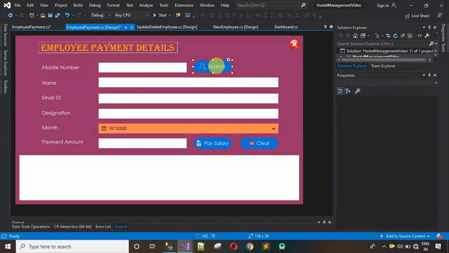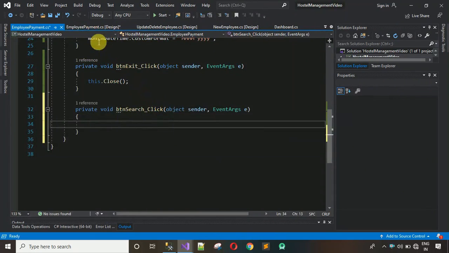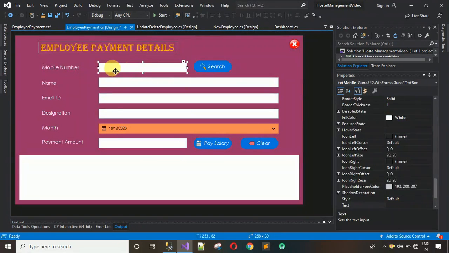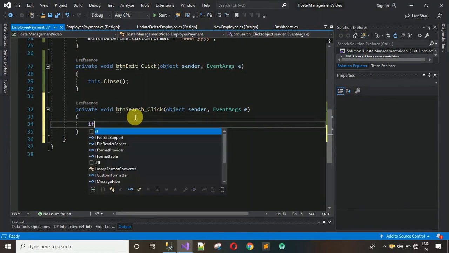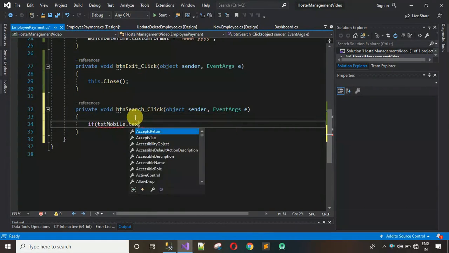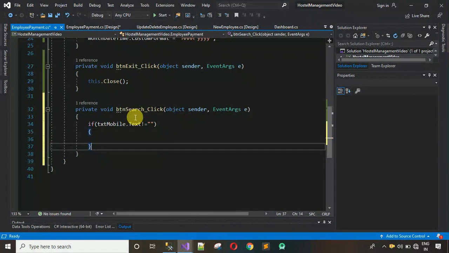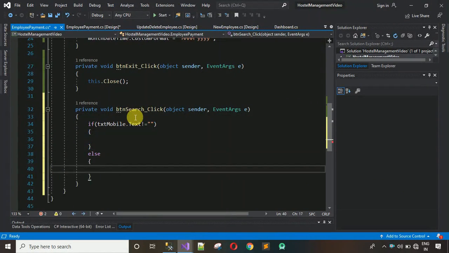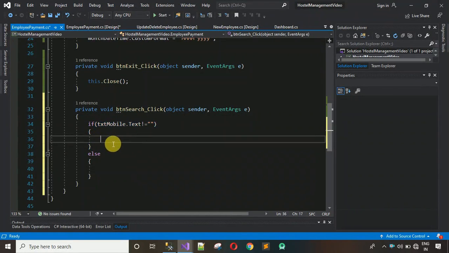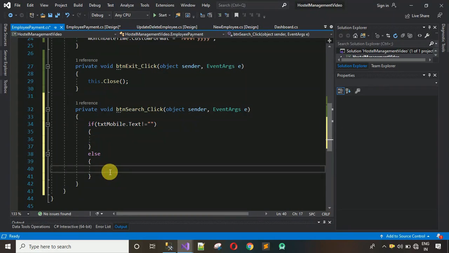Just double click on this and this will generate a click event for btn search click. First thing we have to check is that if this text box is not empty, then only we perform some operations. So first I'm going to check if txtmobile.text is not equal to null. If it's null, then we write the code inside the else condition. If the text box contains some data, the code inside the if block will be executed, and if the text box is empty, then the else block will be executed. So here I'm going to show a message to the user, MessageBox.Show